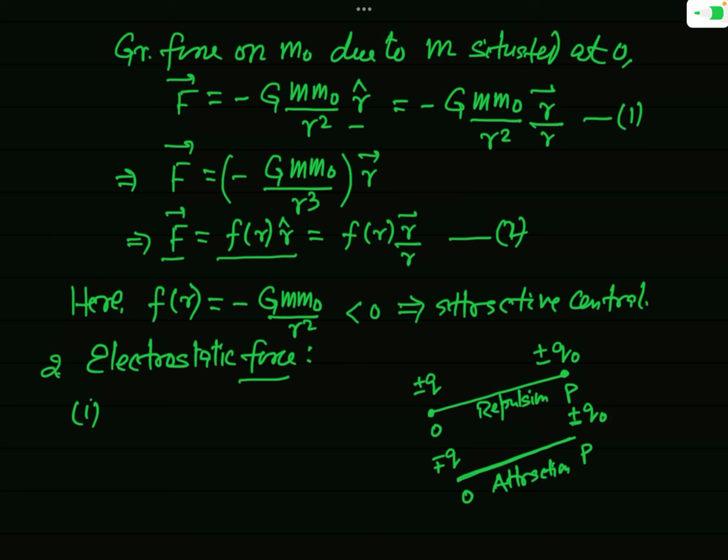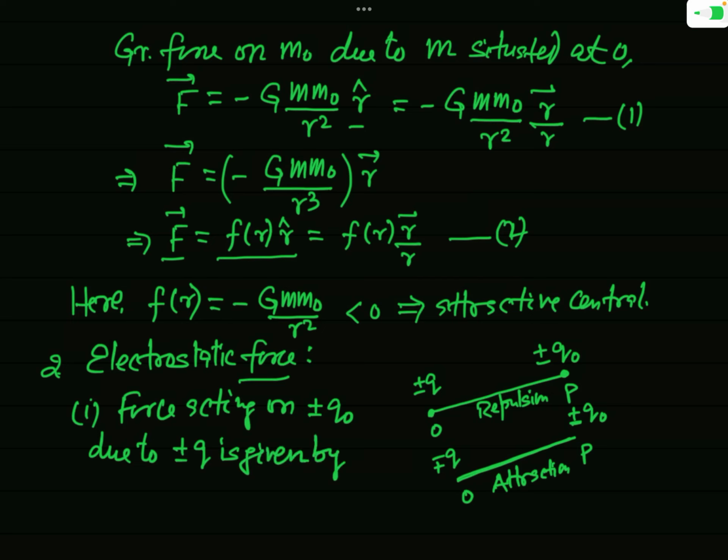So force acting on plus minus q naught due to plus minus q is given by, this force will be given as F equal to 1 over 4 pi epsilon naught q times q naught over